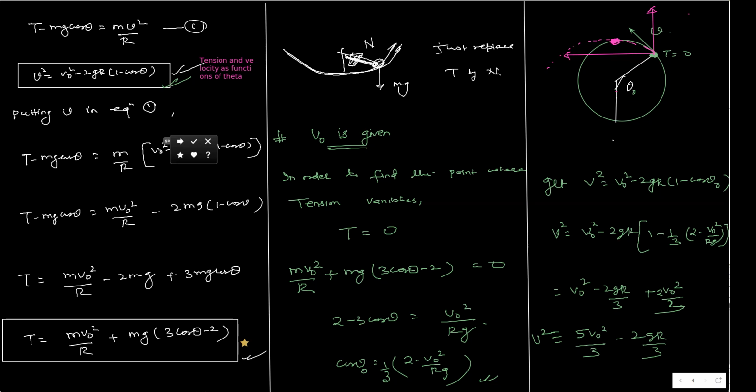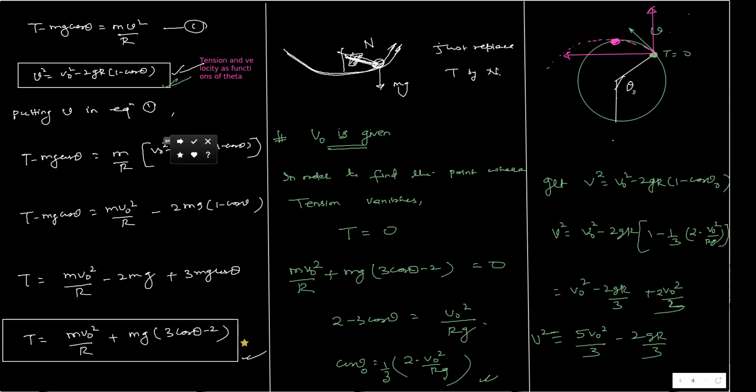Okay, so the first thing that you learned is the minimum velocity with which it should be projected so that it completes the circle. In order to find that, first identify the point of ambiguity. How do you identify the point of ambiguity? Where all the forces are directed towards the center. At that point, you make tension just 0. So you write the Fn equal to Man equation, and then make tension 0. And then you apply energy conservation. That will give you two relations, and from there you can find the minimum velocity with which it should be projected.